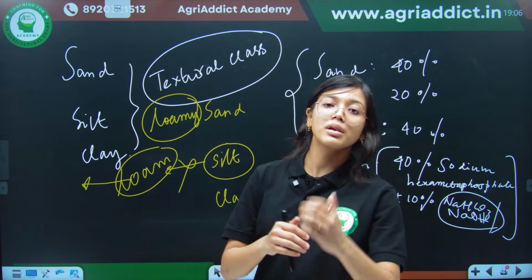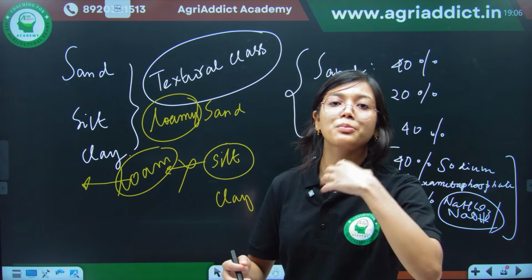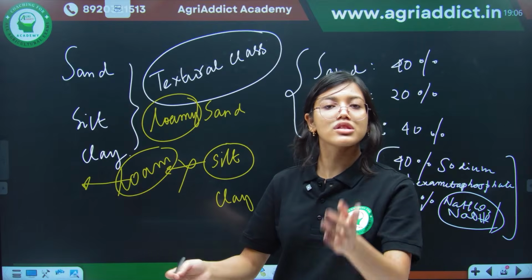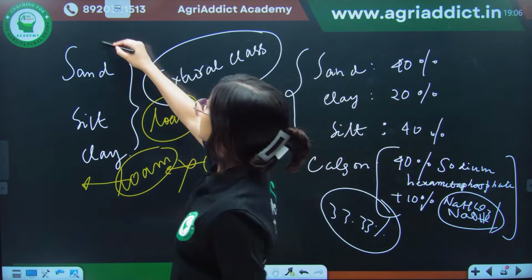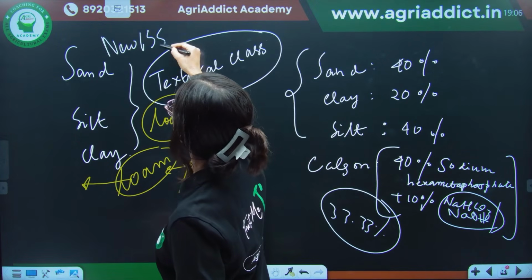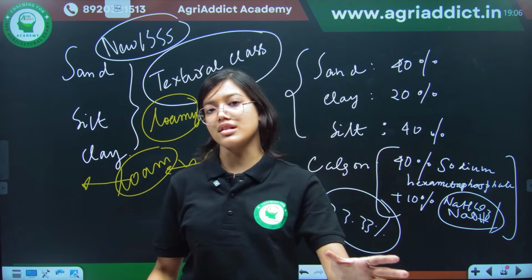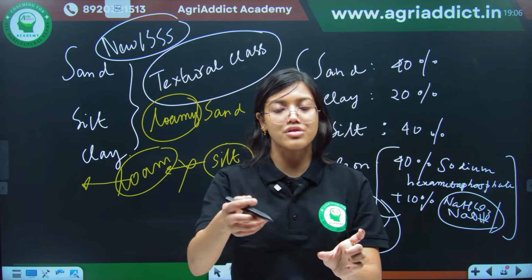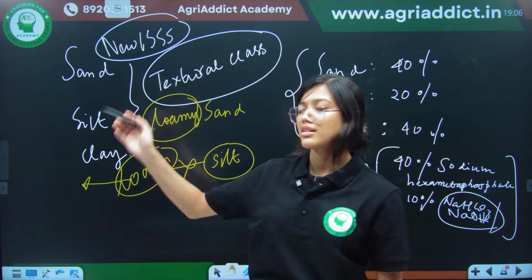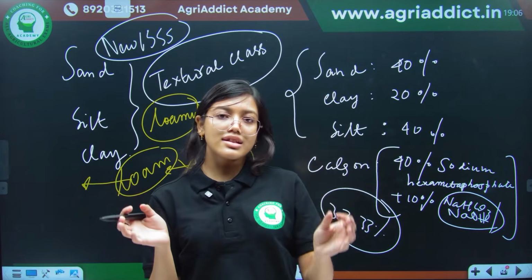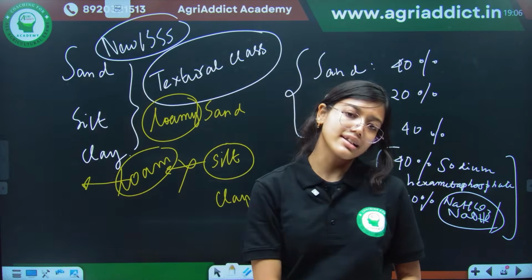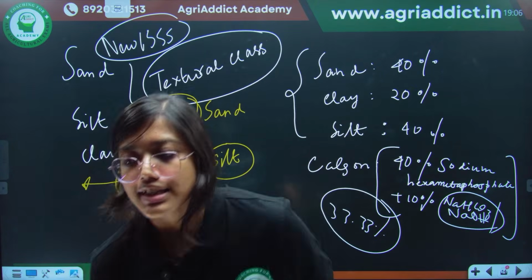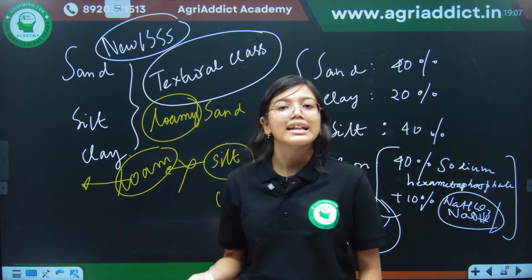In case of loam, the particles will be arranged in such a way that the properties will be similar or in between sand and clay, but the relative proportions will never be equal, and that is a direct line from the textbook. They have clearly mentioned that it will not contain exact or same proportions of the primary particles, but their relative properties will be in between sand and clay. Fine. Okay, why? See, because soil is a dynamic system.